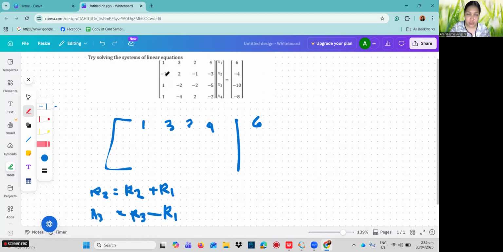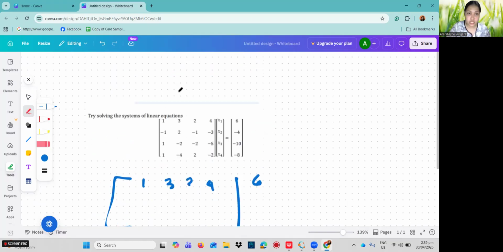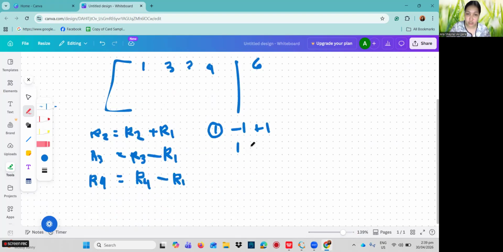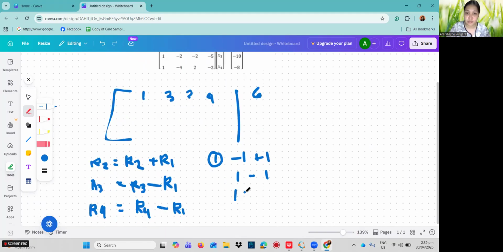For column 1, R2 is negative 1 plus R1, which is 1. Then R3, 1 minus 1, and R4, 1 minus 1 also. So this will be 0, 0, 0.